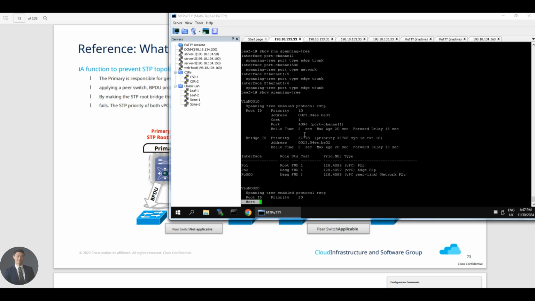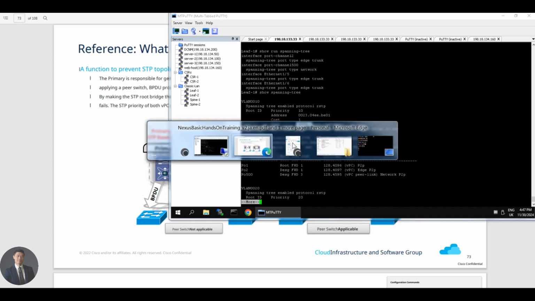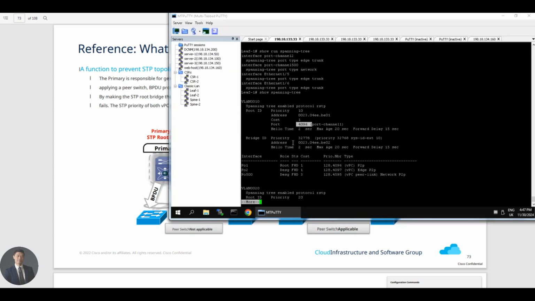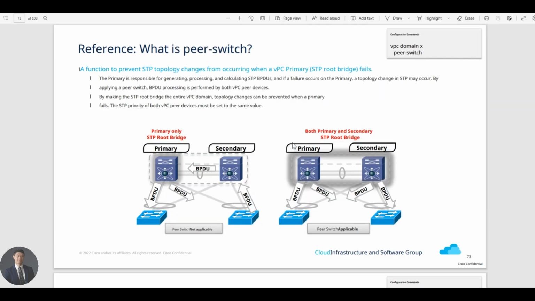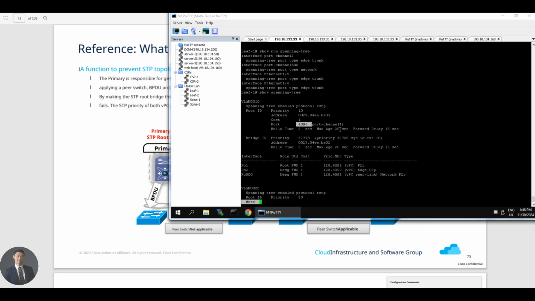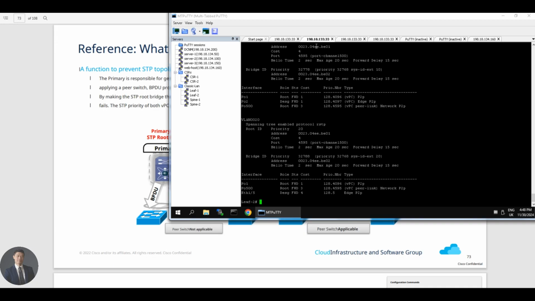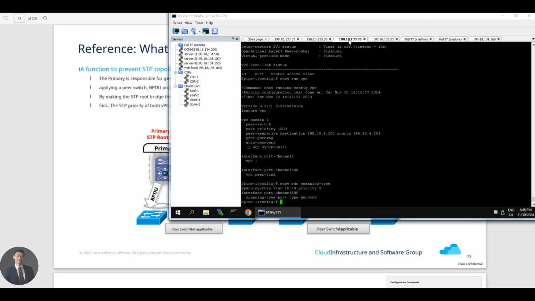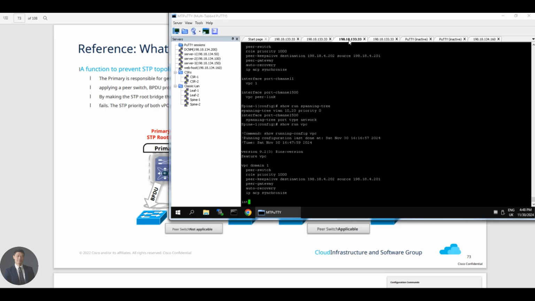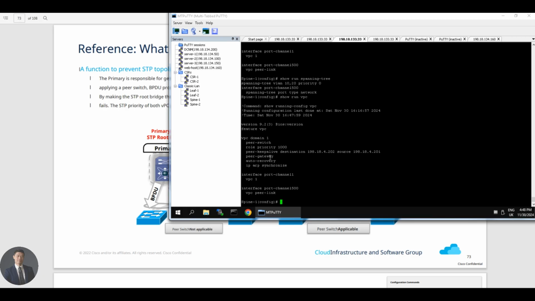And the next feature we want to talk about, show around VPC, is one we only use in SVI process with the VPC. It is IP ARP synchronize. What is IP ARP synchronize? When